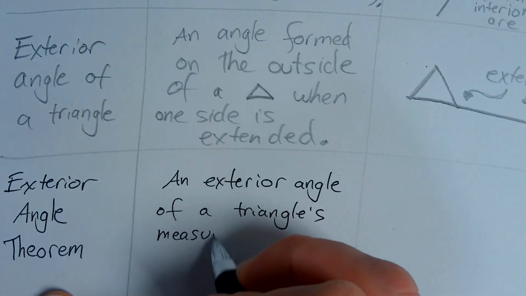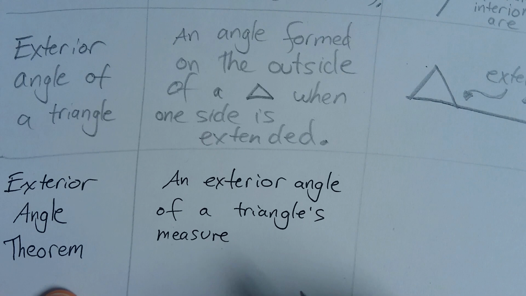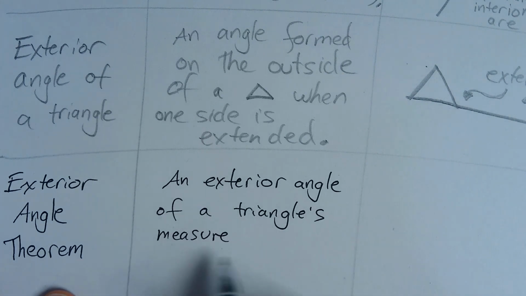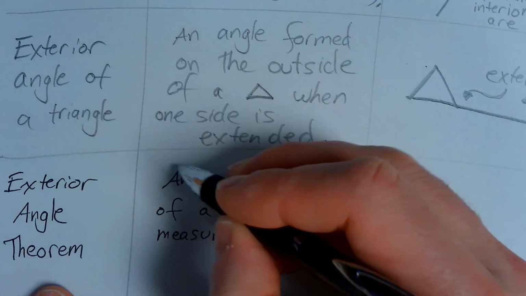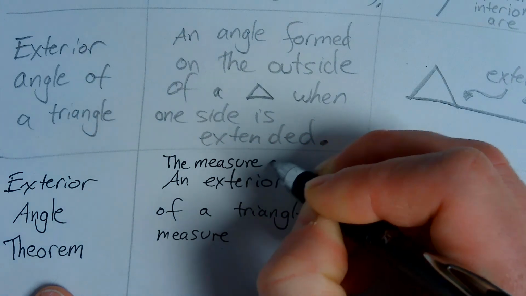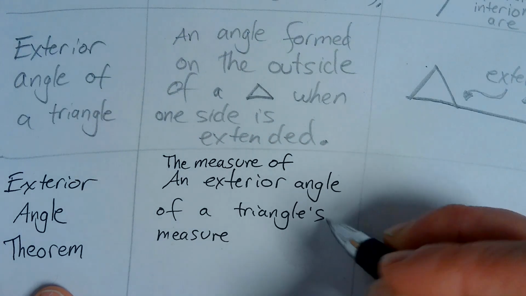Man, I could have worded that better. Oh, I regret the pen immediately. The measure of an exterior angle of a triangle. Let's try that. The measure of an exterior angle of a triangle